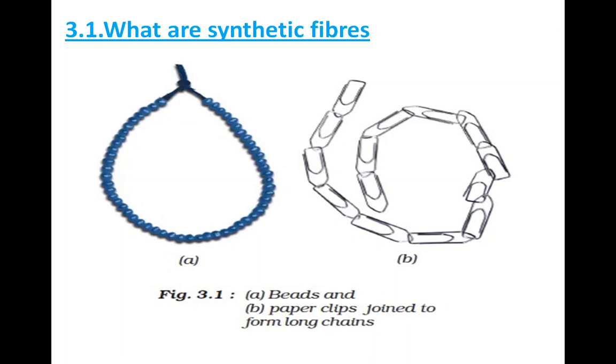Okay, that chain is known as cellulose. The long chain is known as cellulose, and in this chain, whatever the units or the small parts we are using are glucose units. Means one glucose we are attaching to another glucose, then third, fourth, fifth, like that we are making one chain of glucose which is known as cellulose, which means the cotton. So that is a natural fiber. So this is the general information, just keep it in your mind.